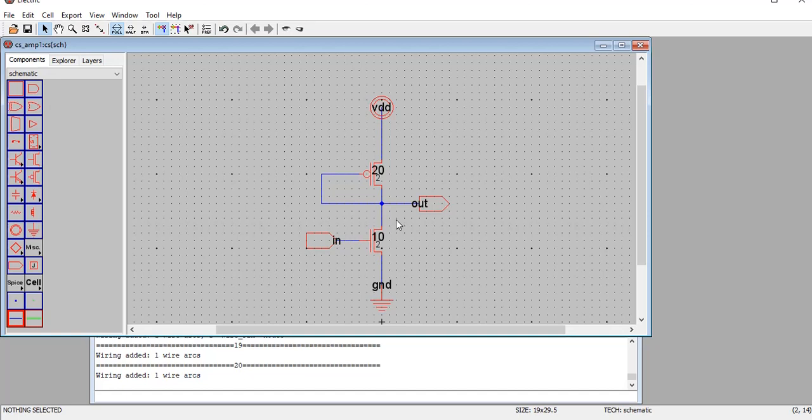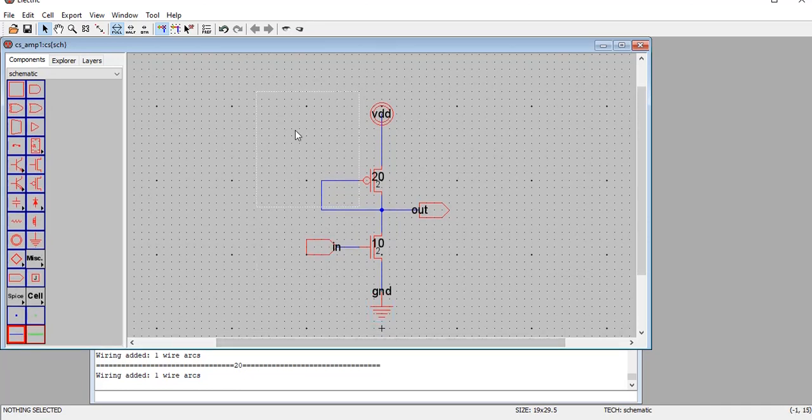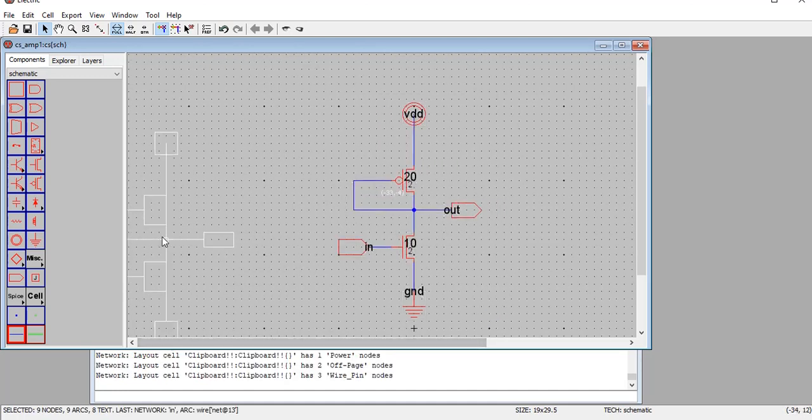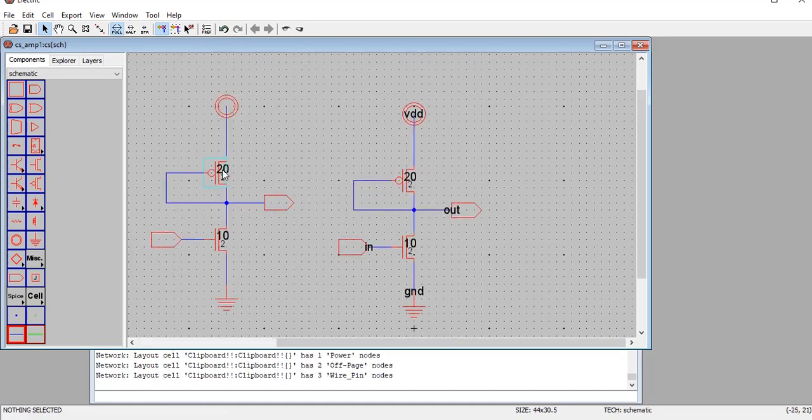Now let me try to reconstruct this in terms of another, simpler load. What we can have is the resistive load. I'll copy and paste it once again over here, eliminate all this portion, and place a simple resistor over here.